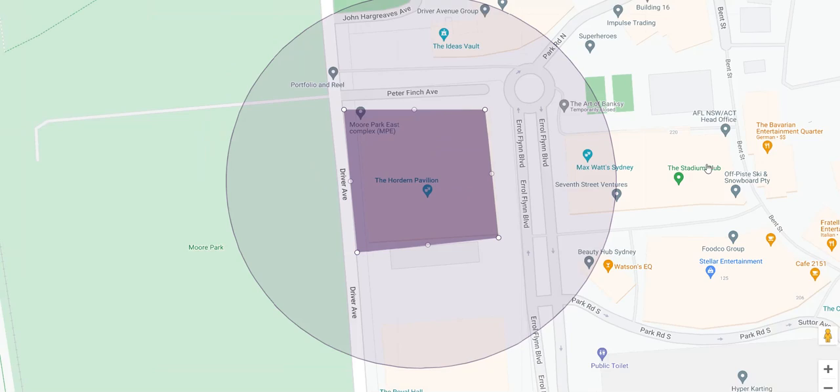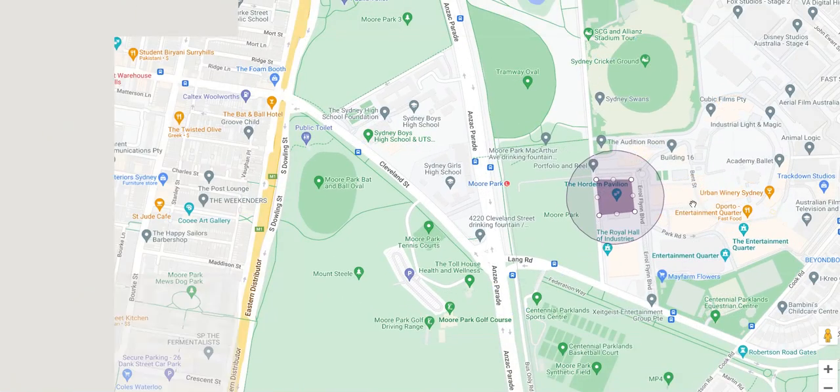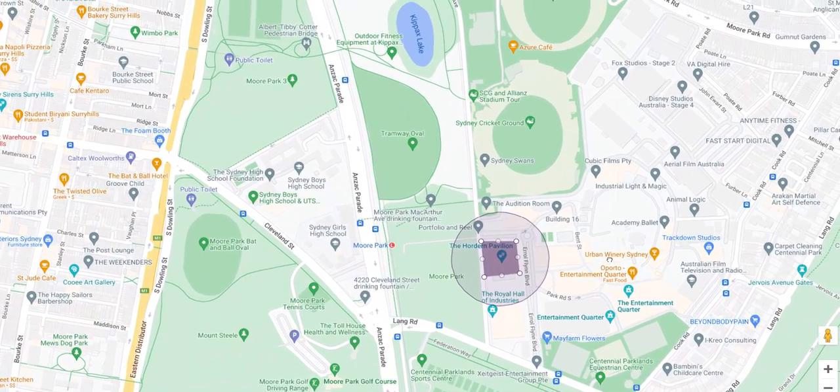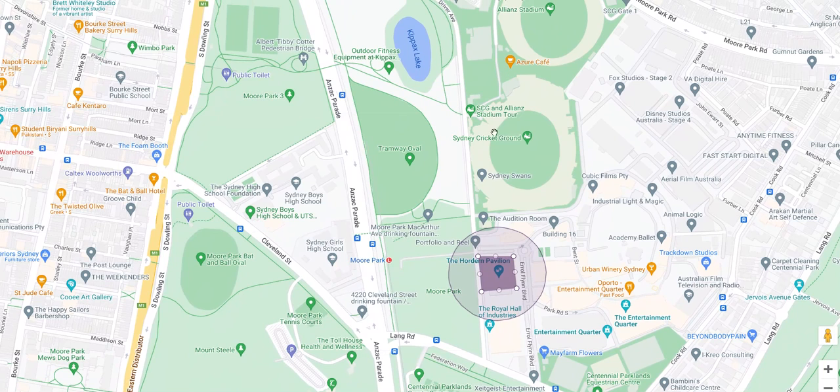Again, I'm going to click on that expanding. I'm going to make it a little bit smaller so I can actually see the next one that I need to go through. So you'll see here, my next area is this section here. So I'm going to click on my draw again, and I'm going to go through that process again. So you'll see over in the section near where it says Sydney Cricket Ground, I've got a little cross that is my mouse. So I'm going to, where I need to start that, I'm actually going to select, press my mouse. You can see the line if I move it around a little bit,